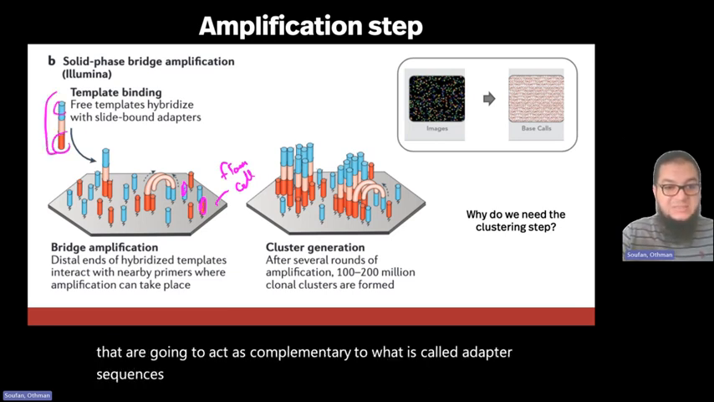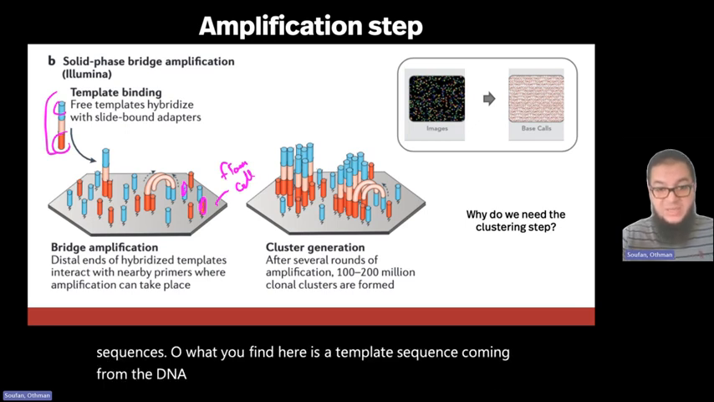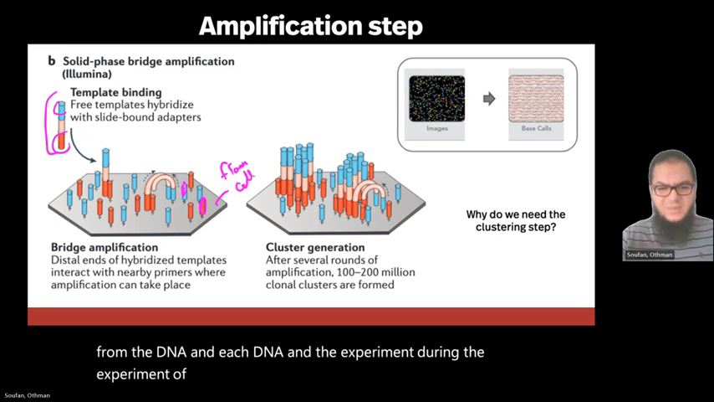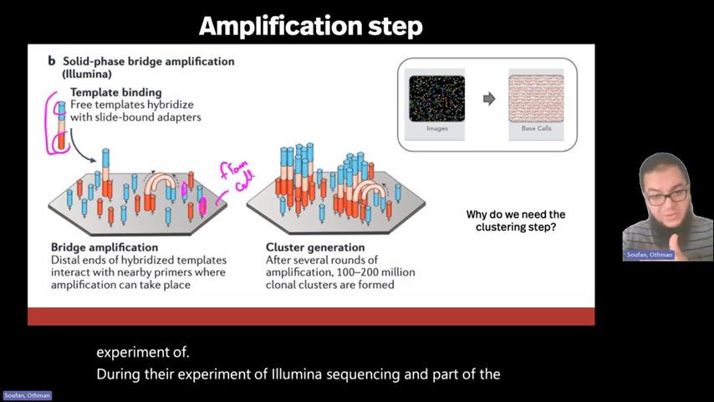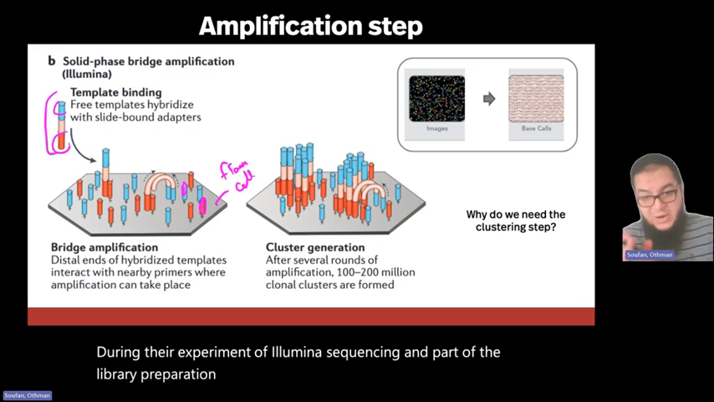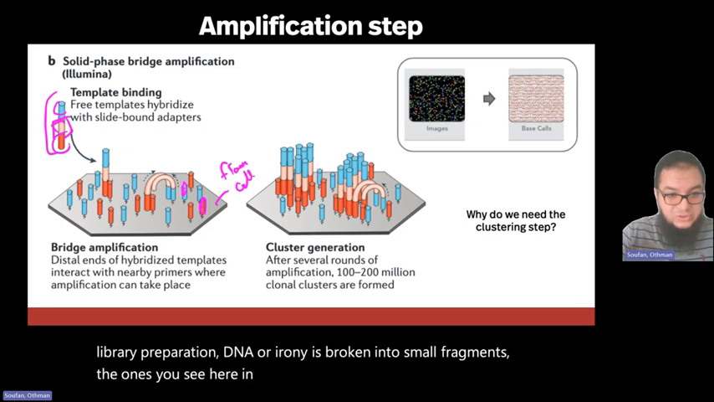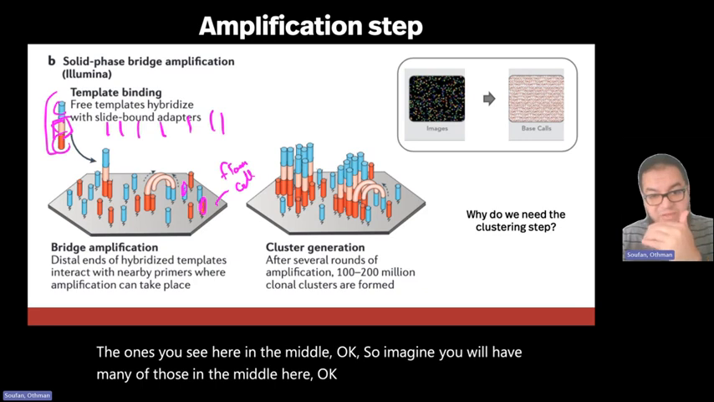So what you find here is a template sequence coming from the DNA, and each DNA in the experiment, during Illumina sequencing and part of the library preparation, DNA or RNA is broken into small fragments, the ones you see here in the middle. Imagine you will have many of those in the middle here. And each of these sequences